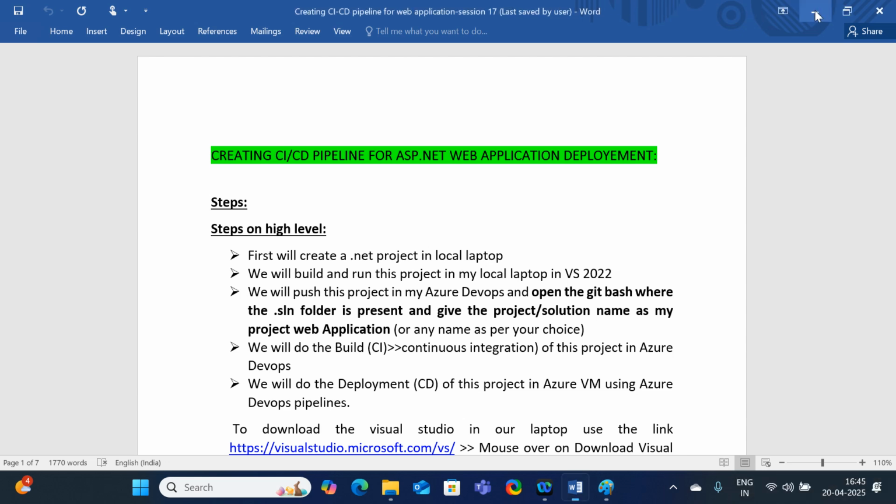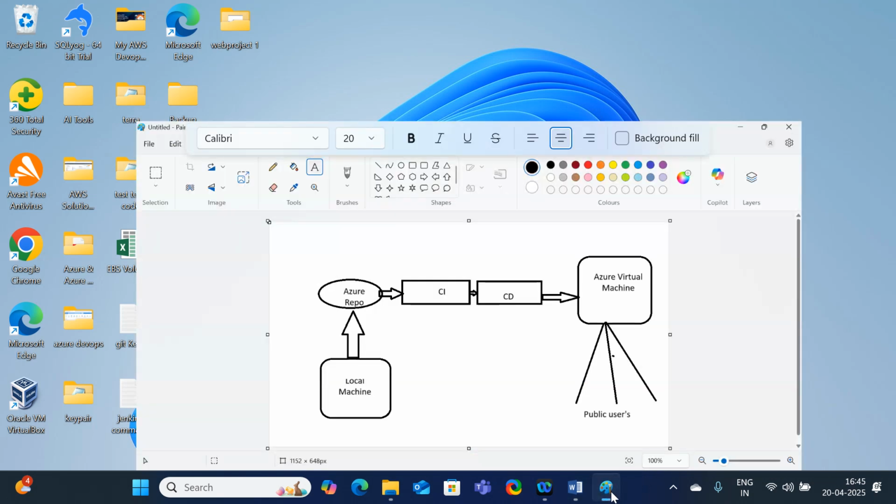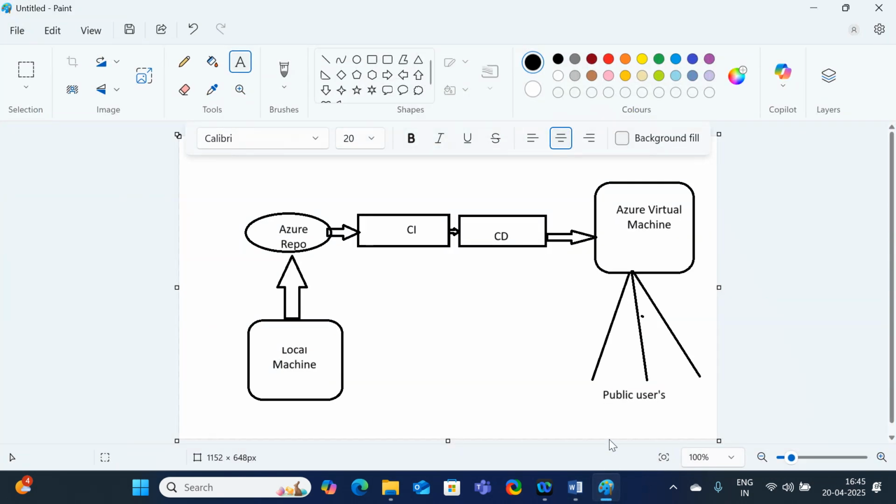So I am going to show you a pictorial diagram for your reference. Then you will have a clear-cut understanding of how exactly the flow is happening behind the scenes. So assume you are a developer. You are going to develop some kind of code on your local machine. Once you have successfully implemented the code, what will you do? You are going to push the code from your local machine to the Azure